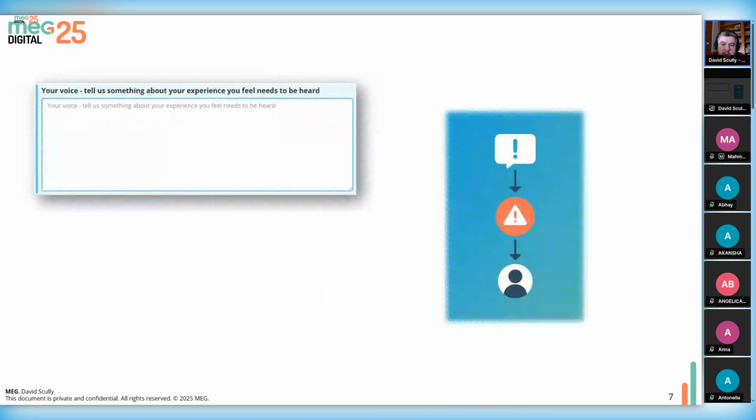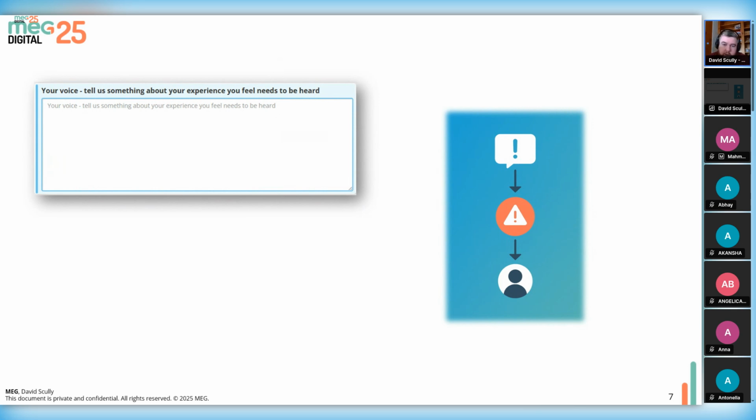One of the most powerful aspects of this module is capturing the patient voice. Alongside survey ratings, patients can provide free text written feedback in their own words. So MEG automatically runs sentiment analysis on these comments, highlighting whether the tone is positive, neutral, or negative. If a piece of feedback is flagged as concerning, alerts can be triggered instantly to the relevant people, making sure nothing important is missed. The comments are also auto-categorized, so over time you can build a clear picture of themes